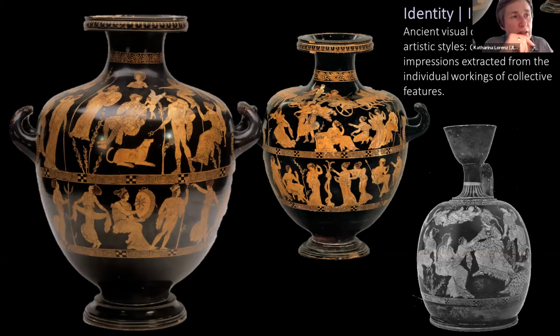once I've done that, I can still start to look into how these artistic, stylistic elements, creating the brand of the artist in the case of the individual object, such as the Karlsruhe Hydria, are brought together to generate something which is very, very distinct, a distinct impression that differentiates this particular pot from all the other pots which might share the same artistic branding. And this is why I've taken you through all these different aspects, because I think this is only possible if we unpack and unfold all of them,